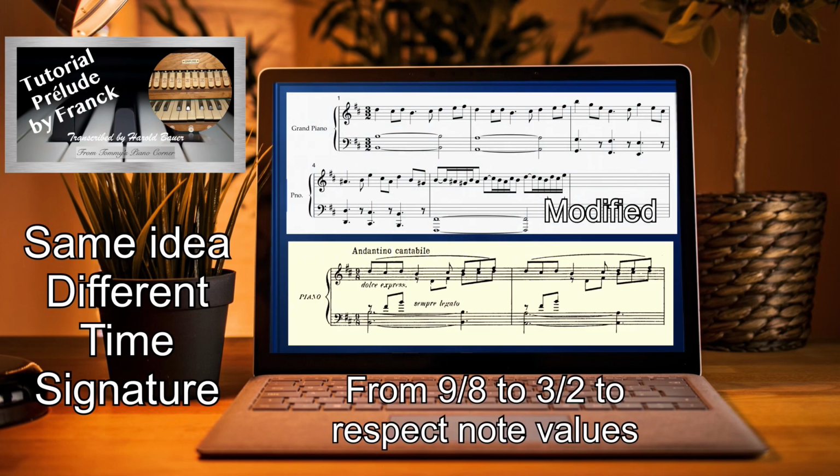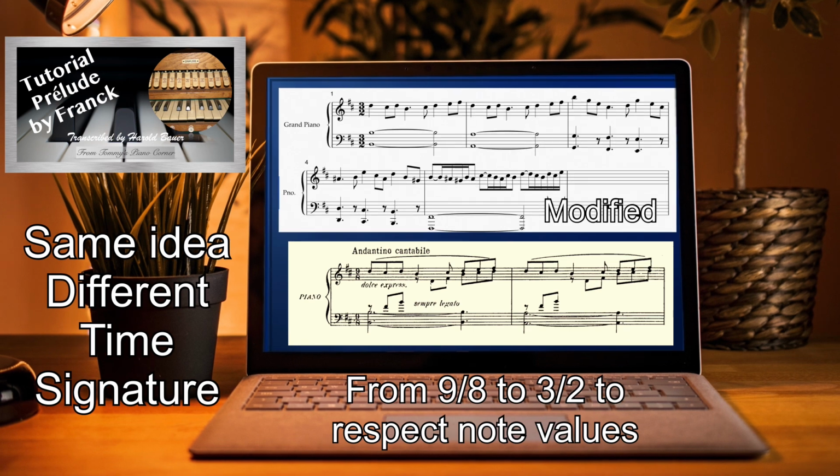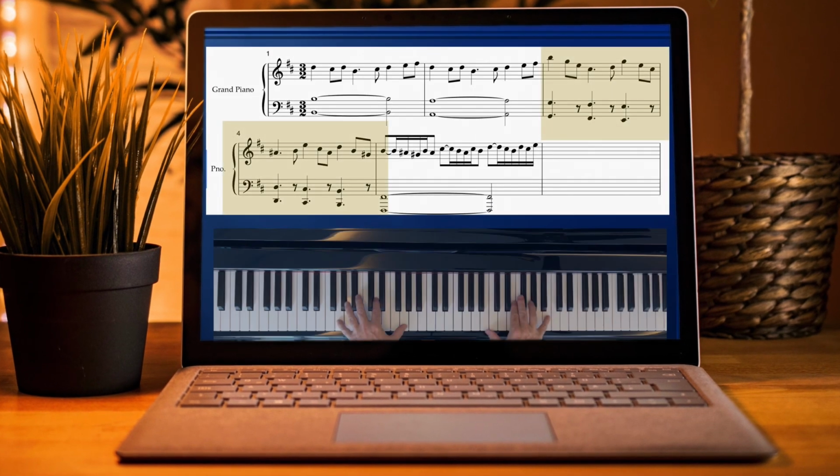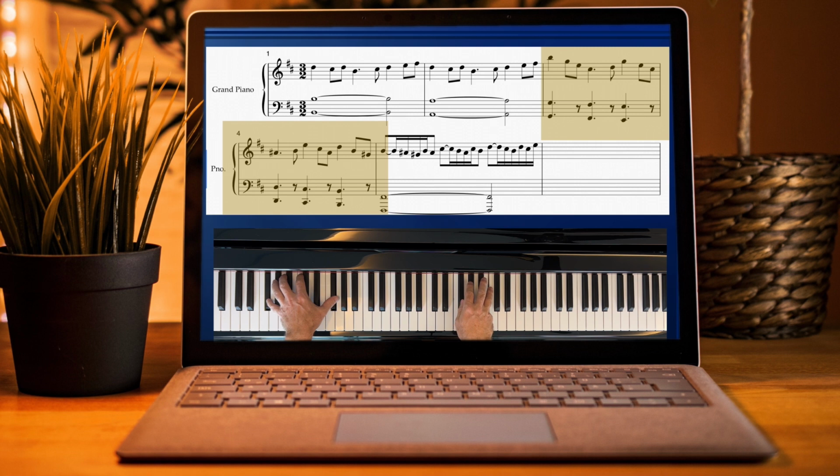A helpful way to practice the initial section I found is to actually imagine that this is in groups of 4 eighth notes rather than groups of 3. I call this the modified time signature later on. By that I mean we convert the first eighth note of each set into a quarter note, so we have much more time to think about the jump. So instead of counting 1, 2, 3, we count 1, 2, 3, 4. Once we can easily manage like this, then we can start